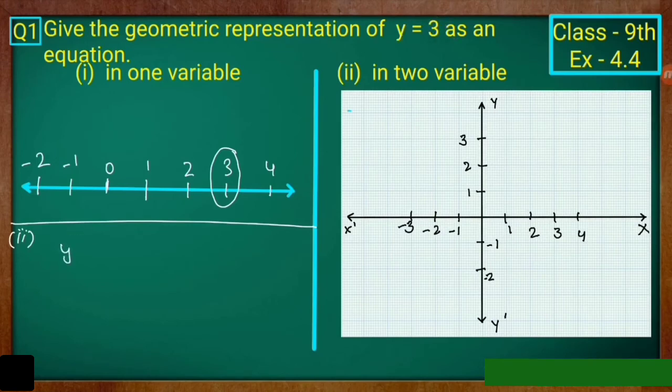So let's draw the x-axis and the y-axis. You can see here in the graph sheet I have plotted the x-axis and y-axis, positive x, negative x, positive y, negative y. For y equal to 3, x is 0 obviously. One coordinate is given to us, the second variable is not given to us. Y is 3, so it means x is 0. So let's draw when x is 0. Y is 3.